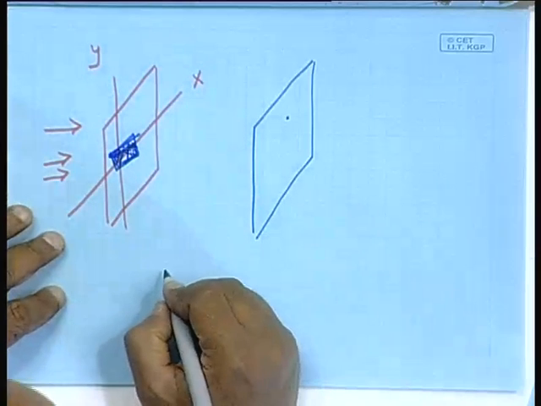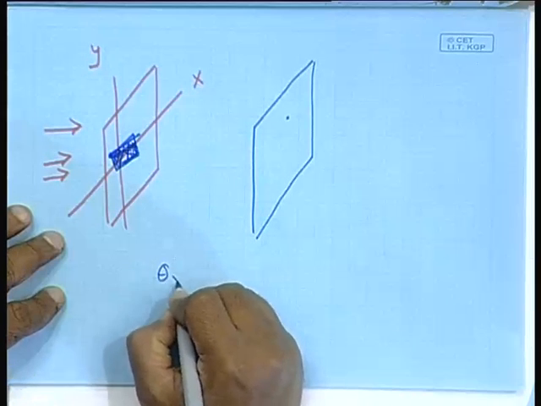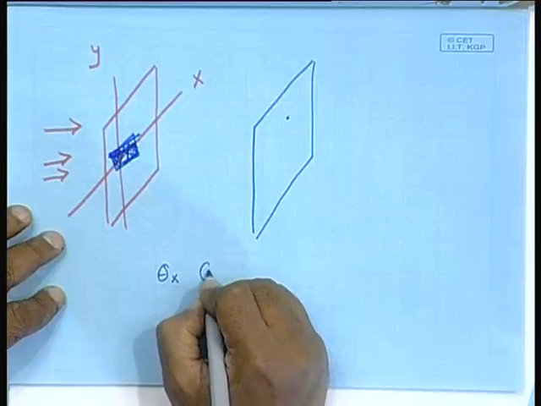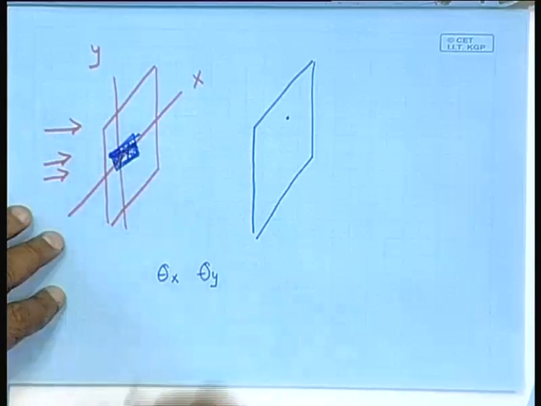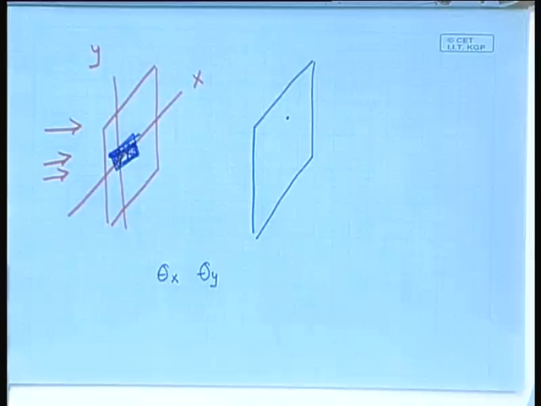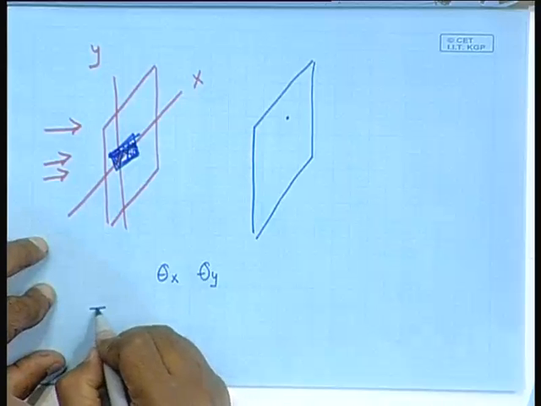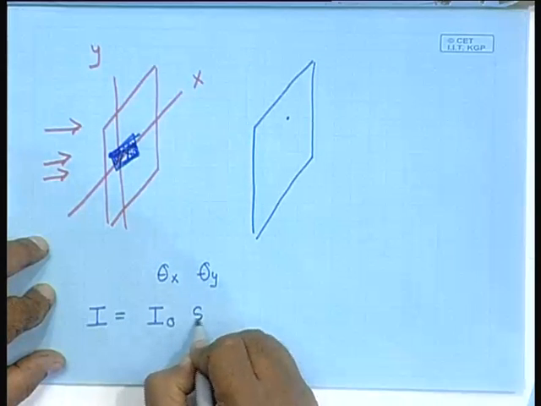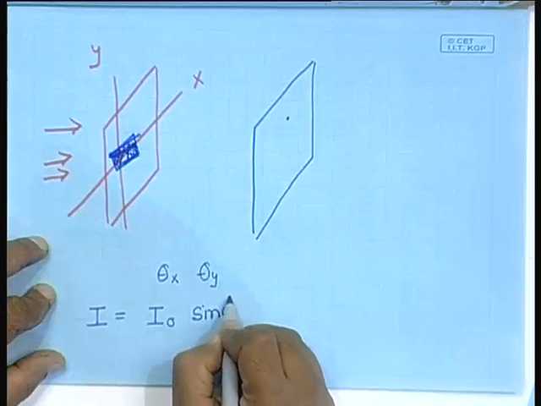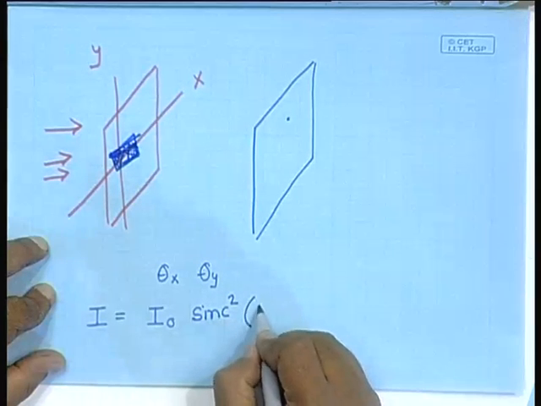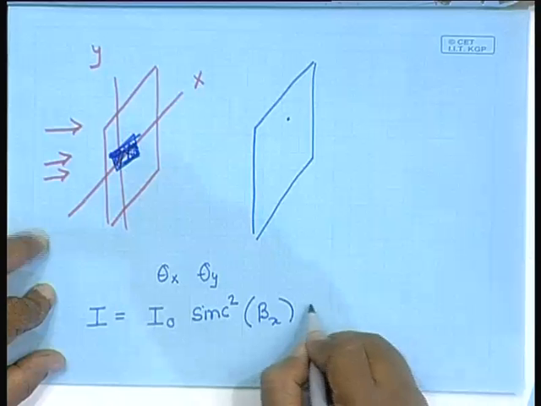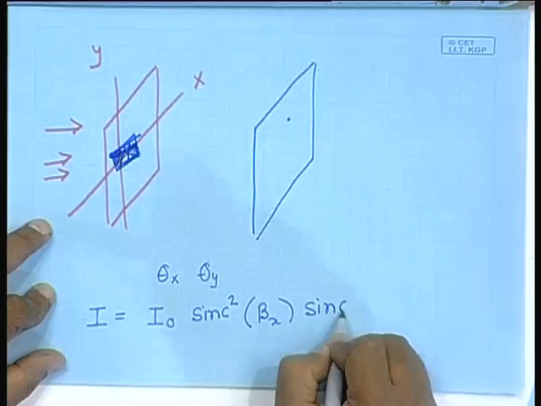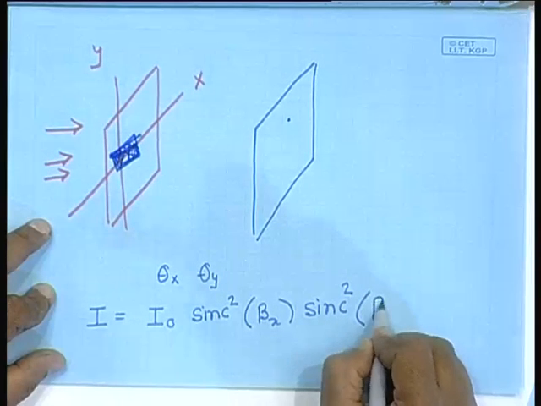Now there will be two angles, theta x and theta y, and the intensity pattern can now be written as I naught sin square beta x sin square beta y,